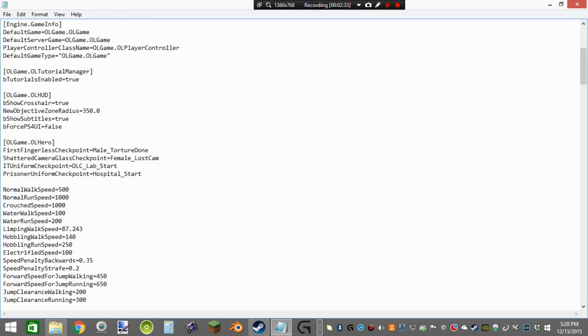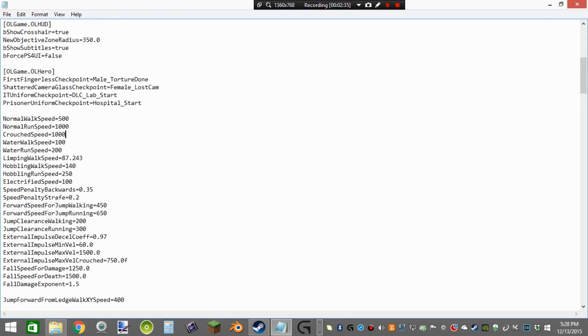One thing that I want to talk about before I leave this file is the forward speed for jump walking, which is 450, and the forward speed for jump running. Also the jump clearance walking and jump clearance running. I still don't know what the difference between these two is. In all honesty, I'm going to take a hunch and guess that the forward speed for jump walking is basically how much land you cover when you're walking and then you jump. I'm going to say that the jump clearance walking is actually just going to be your